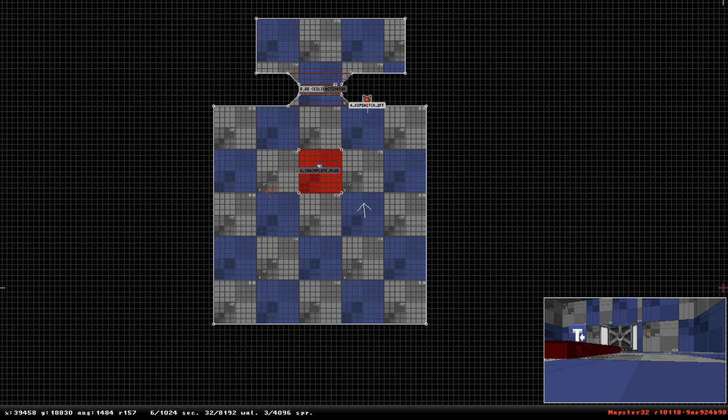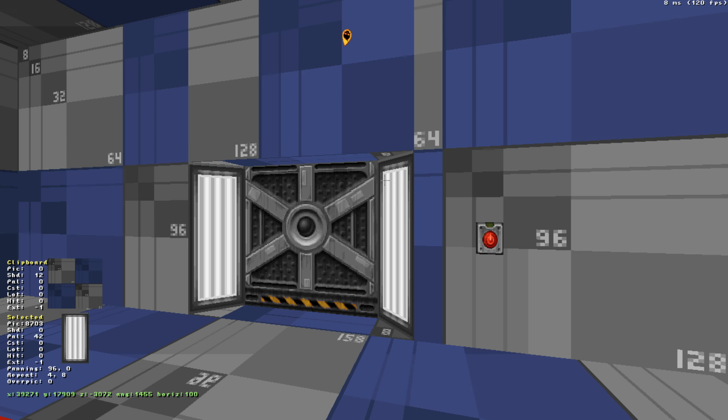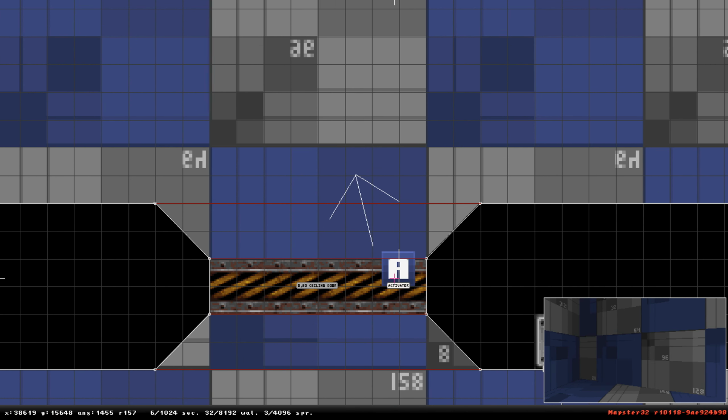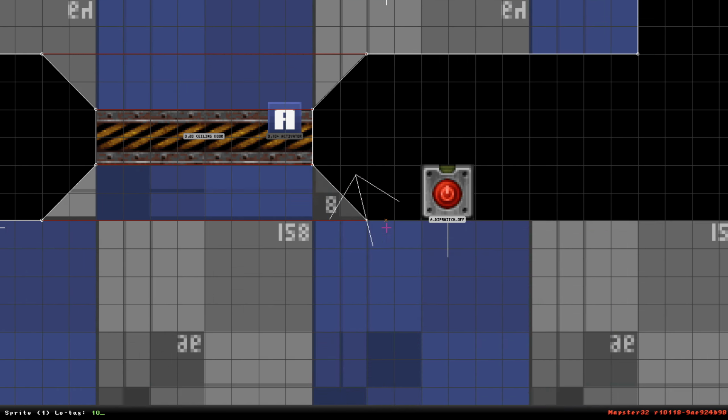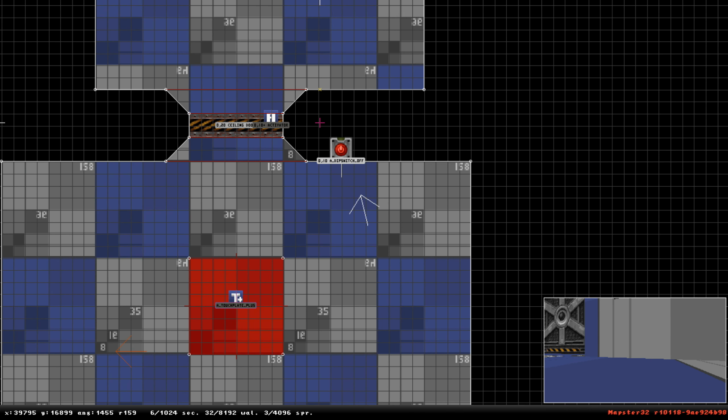So, Touchplate Plus. In Duke 3D and Iron Fury, you have triggers. For example, for a door, you might want it to activate remotely. Let's say we have a lotag 10, and you have a switch that has a lotag 10. This is a very basic scenario of a switch-activated door trigger that you would see in Duke 3D